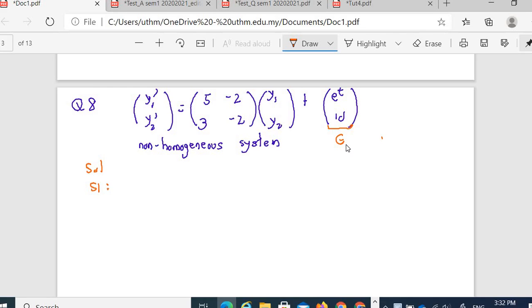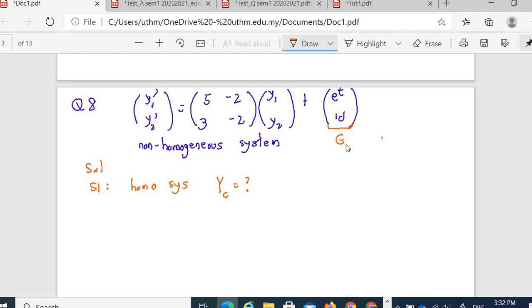Step 1, you have to solve your homogeneous system. To solve the homogeneous system, you need to get actually the complementary function. Let's say YC. Okay, you want to get what is the YC. To get your YC, as we solve the homogeneous system, first step, you have to get